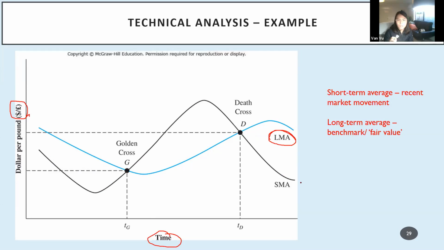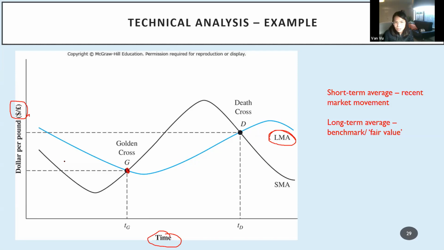So the point here is that I'm going to analyze how the market moves. And here I'm going to assume that the market will revert to long-term trends over time. So there is a long-term average, and every time the market deviates from the long-term average, it will somehow go back eventually. So here, if I compare the long-term average and the short-term movement in the exchange rates,